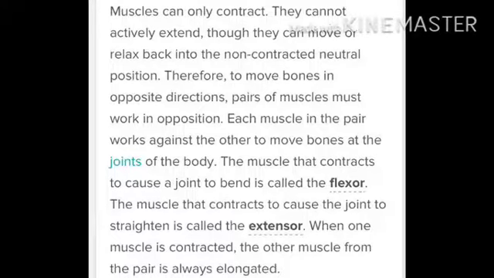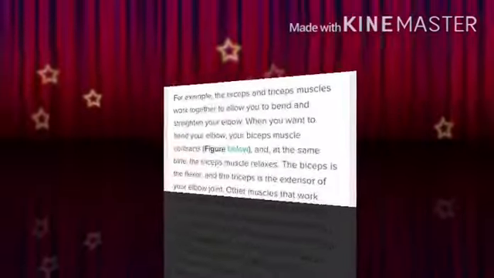So all higher animals and humans use muscles and bone for locomotion and movements. In the next video, I am going to tell you about how other animals like fish, birds, snake, cockroaches are able to move or do locomotion.